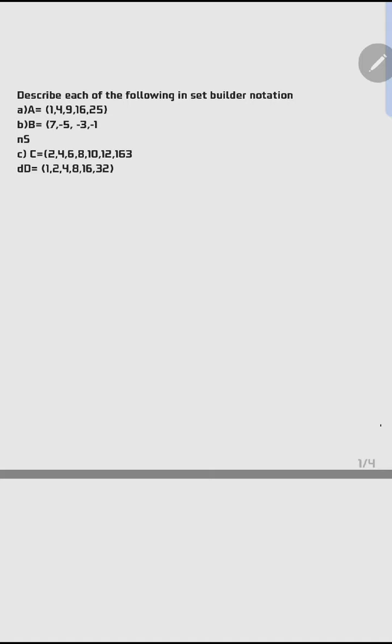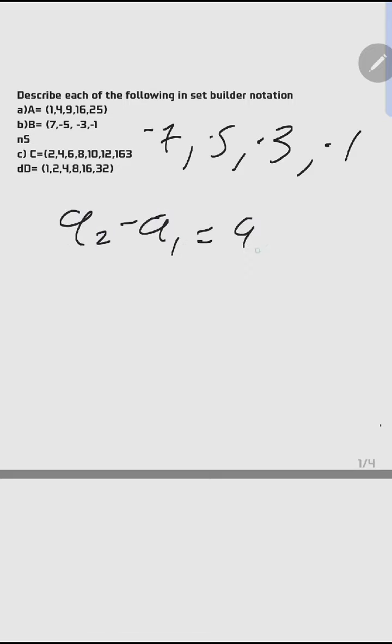All right, let's look at B. There, it was supposed to be -7, in this format: -7, -5, -3, and -1. So let's check first an AP, then we go to a GP. If a GP refuses, then we go to common sense. An AP is always second term minus first term equal to third term minus second term, isn't it? So what is our second term? It is -5 minus -7 has to be equal to negative